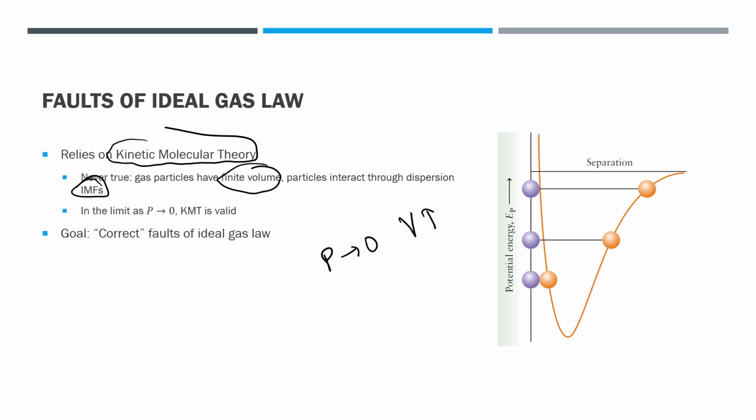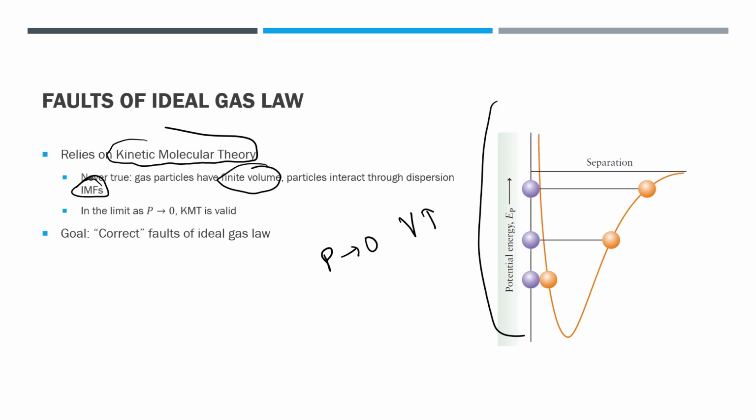So you have to think about comparative volumes. The gas particles themselves have such small volume that when the volume of the gas itself gets very big, it basically doesn't matter. Also, intermolecular forces are negligible when the volume gets really big, because as volume gets big, gas particles get farther apart, and when the gas particles are farther apart, there is less force and fewer attractions between them. So our entire goal in this video is to correct the faults of the ideal gas law.